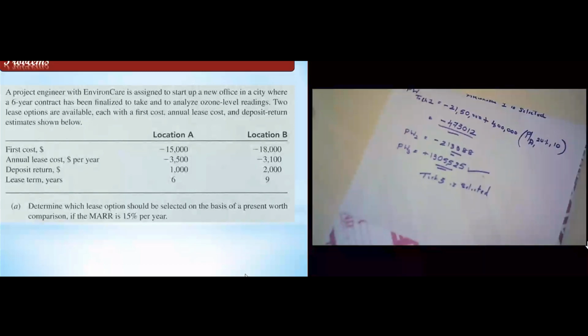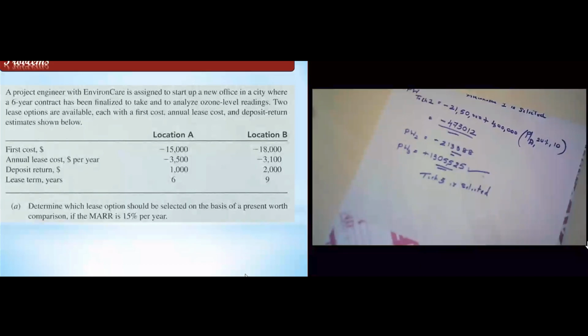For location A, you have one service life, that is 6 years, and for location B, you have a service life of 9 years. In that case we cannot directly take the present worth as it is and calculate, because we will be missing out the opportunity of calculating it for another 3 years. Option A will be compared for 6 years, whereas option B will be compared for a larger time period. So for A we will be missing out the opportunity from 6 to 9 years.